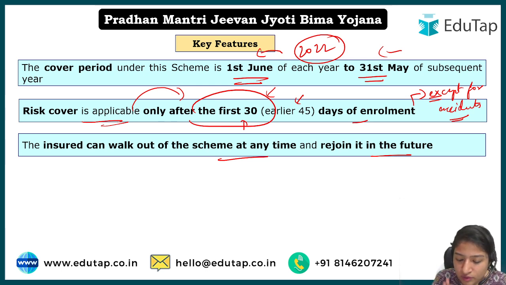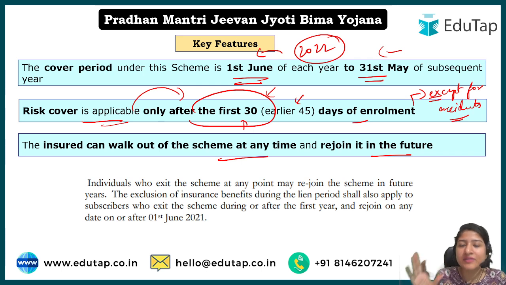Now here, one more snippet I want to add from the official guideline that was released after the changes were done. Let me explain a bit, because you never know, RBI, NABARD, they can ask anything, and they have asked in the past also. So there is one clarity I want to make here.